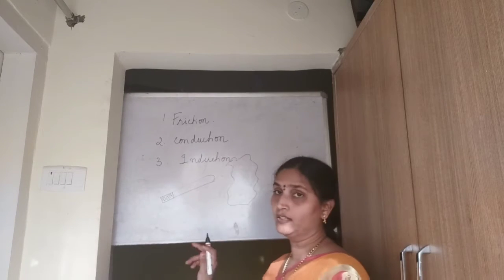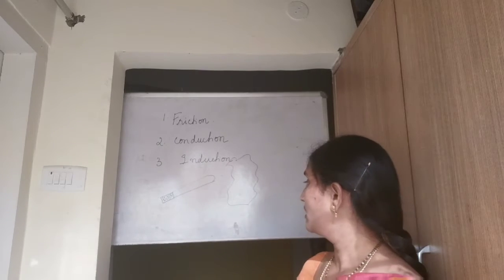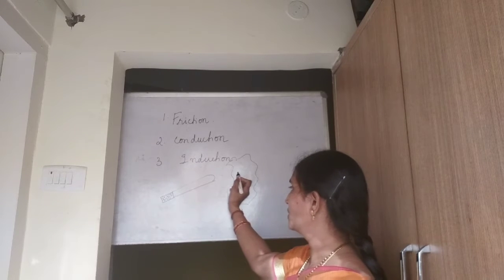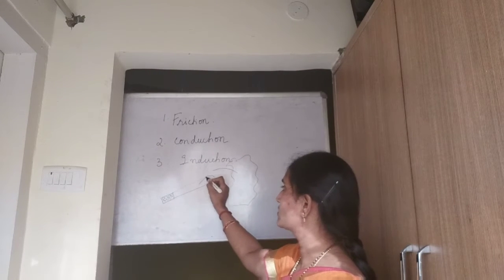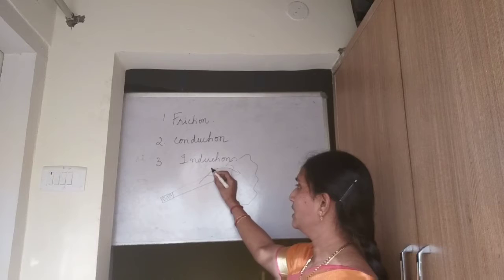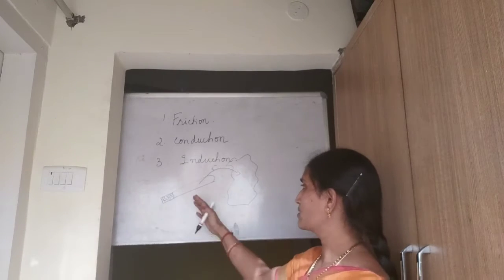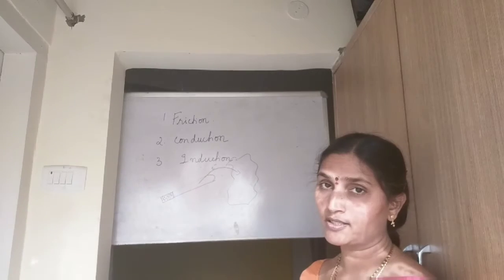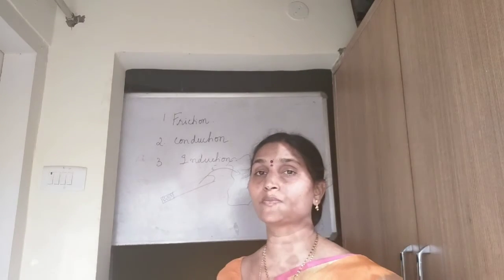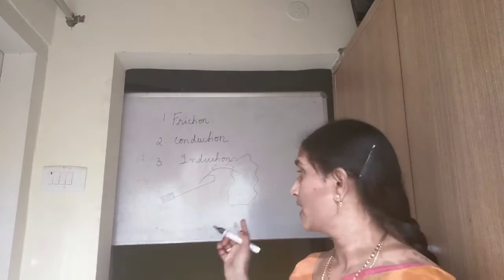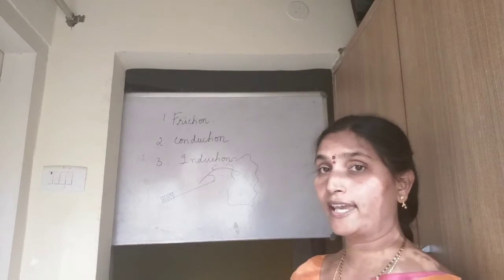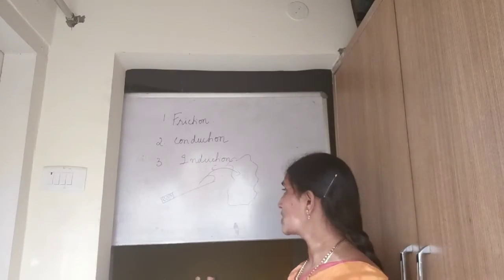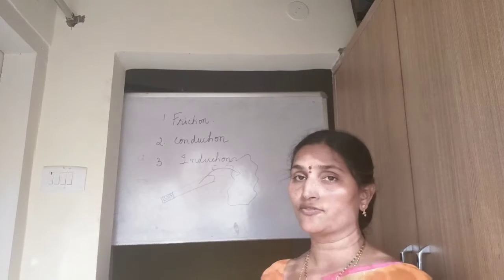Create friction between these two. While creating friction between the silk cloth and the glass rod, charge is transferred from the glass rod to the silk cloth. Electrons are moving from the glass rod to the silk cloth. So the glass rod is losing electrons, and any body which loses electrons will get positively charged. The second material, silk, has gained the electrons, so it becomes negatively charged. This method of charging, we call charging by friction.